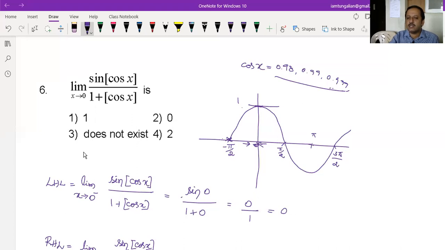At 0, cos 0 is 1. Soon after that, the value of cos x goes on decreasing. See, cos 0 is 1, cos pi by 2 is 0. So it decreases from 1 to 0. Now you look at